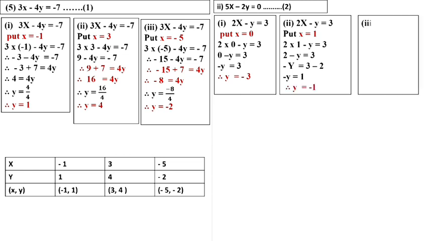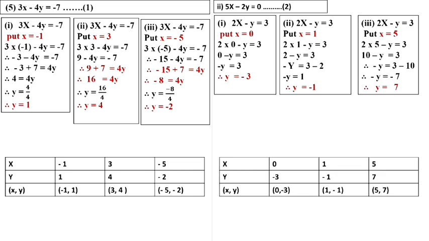The third one, 2x minus y equal to 3. So here, students, we are going to take the x value as 5. 2 into 5 minus y equal to 3. 2 times 5 is 10, minus y equal to 3. 10 will go to the right side and become minus 10. So minus y equal to minus 7. Minus minus cancel, so the y value is 7. Substitute the values in the boxes to draw the graph.